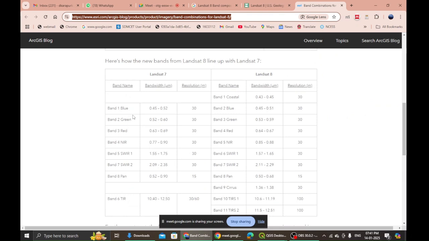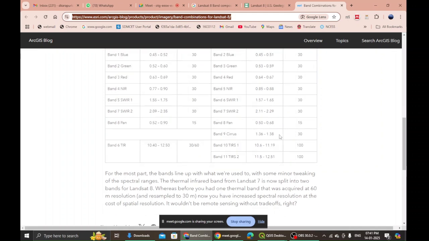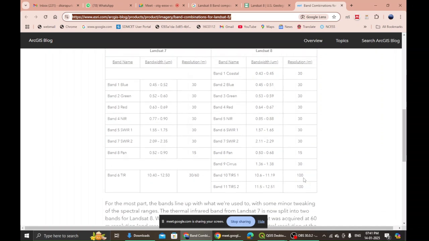What it says is that Landsat 8 has how many bands? 11 bands, and all of them have different resolution. The size of the pixel is different. For band 1 it is 30, until band 7 it is 30. Band 8 is a panchromatic band with 15-meter resolution.